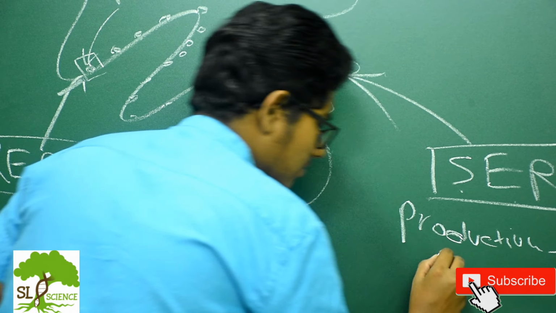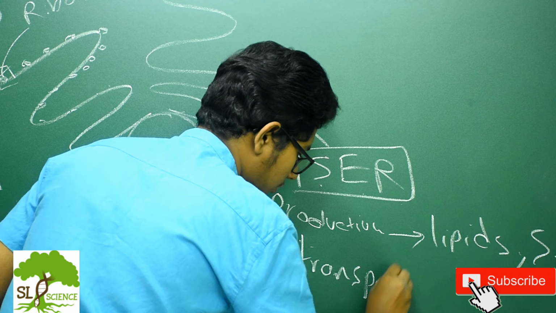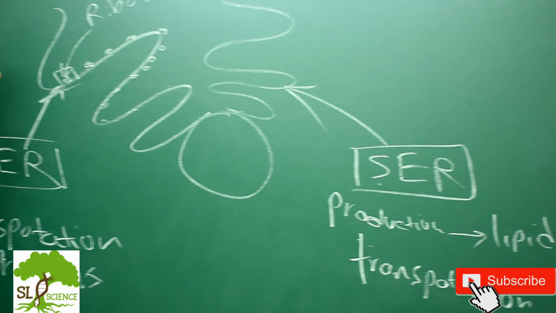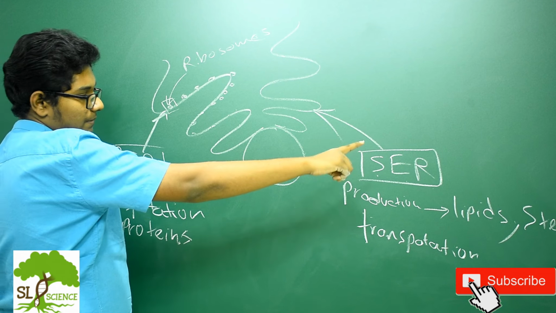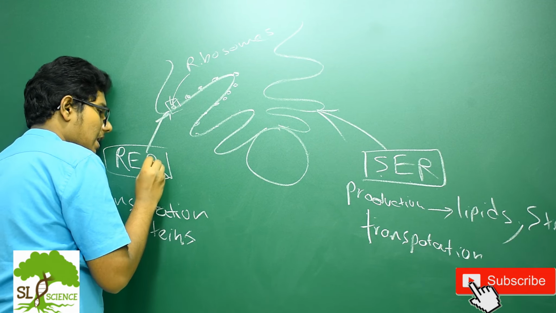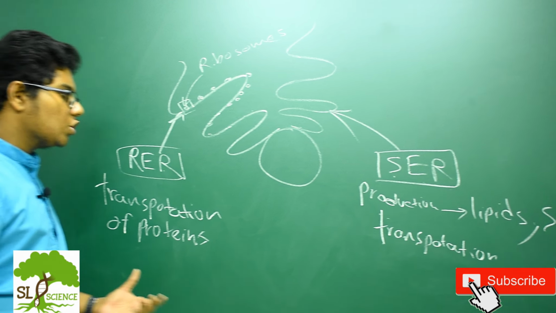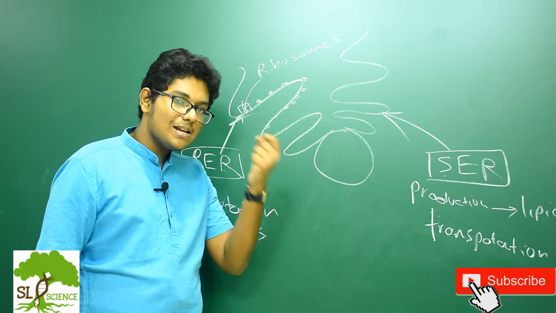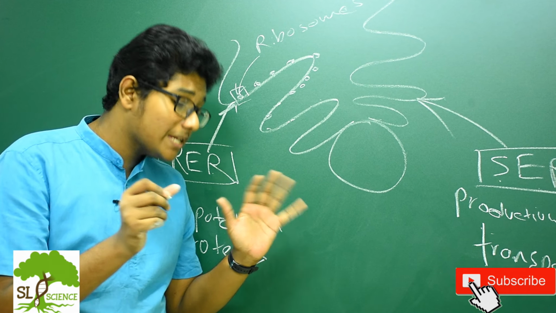These also do the transportation of these things. Transportation of lipids and steroids is done by the SER, and transportation of proteins is done by the RER, the rough endoplasmic reticulum. So now we will discuss the final organelle that can be seen largely in the plant cell